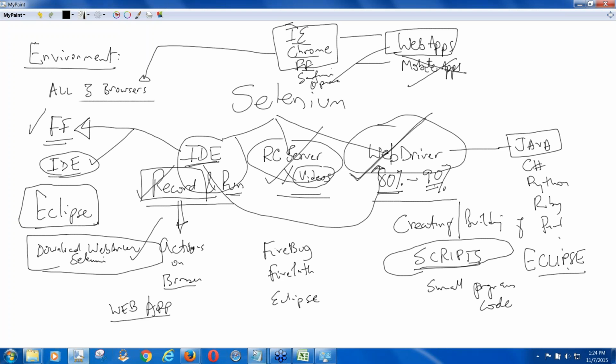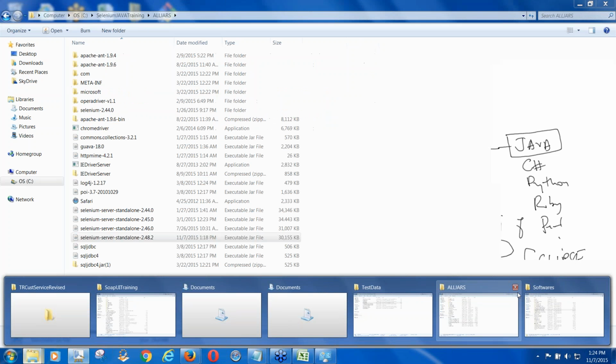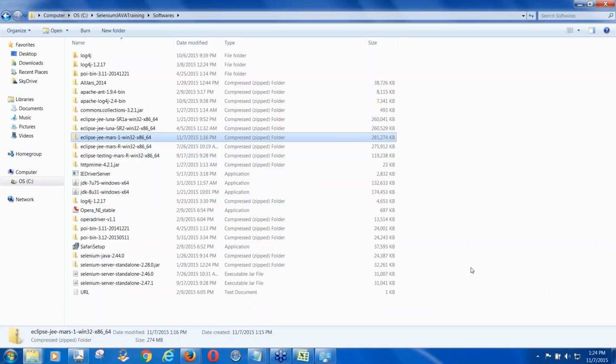For the installation of Eclipse, or for that matter any open source software, they don't write to the registry, unlike other software. If you're using UFT, or Microsoft Word, Excel, or anything like that, these are license-based software. So when you install them, they write to the registry. This one doesn't write to the registry. So you just have to